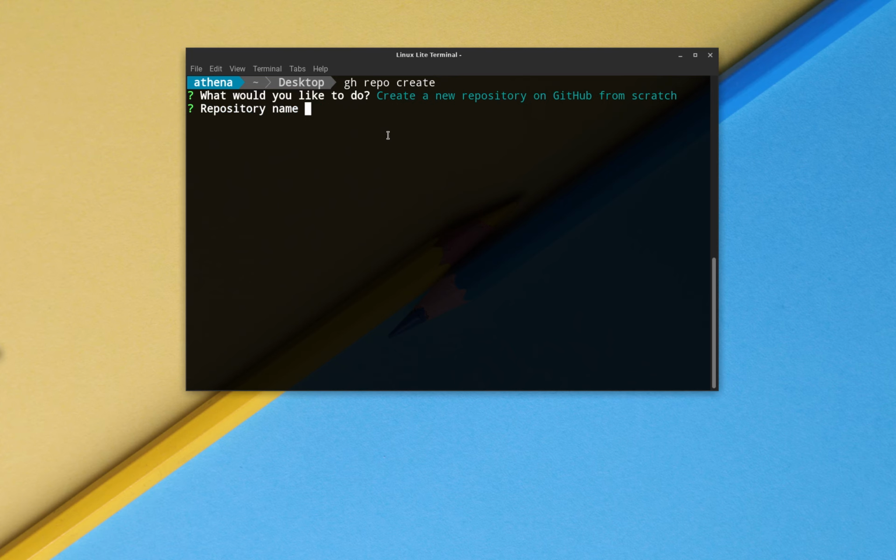then integration. So repository name is integration demo. Let me just call it integration CI/CD demo. No, let me call it CI demo. Let's call it CI demo. Okay, so it's going to be that. Description: